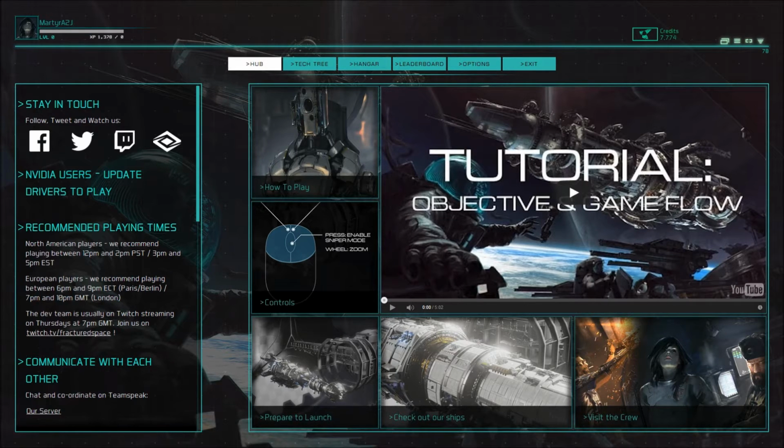Fractured Space is a space-themed, team-based action MOBA, guys, or multiplayer online battle arena, if you're not familiar with that term. Think like World of Tanks meets League of Legends, or other games of that type. You're going to be constantly PvPing. It's about big capital ships, massive ships that are all unique, and blasting the crap out of each other for